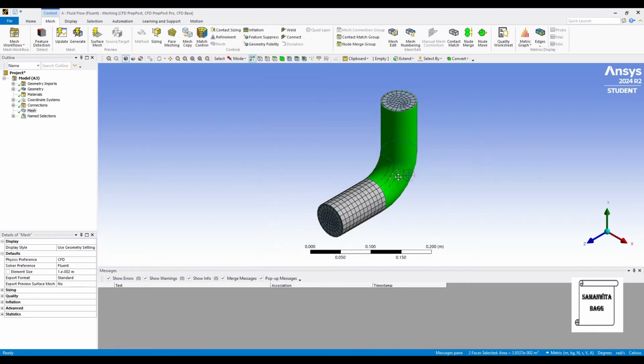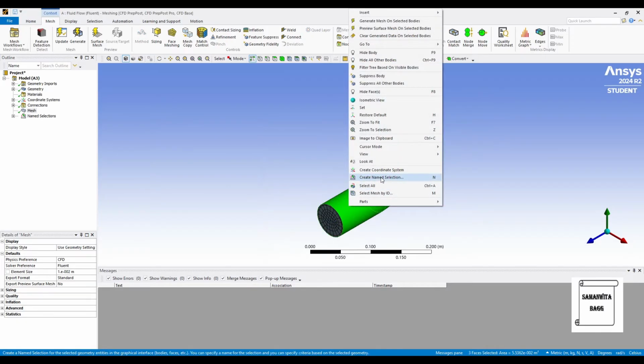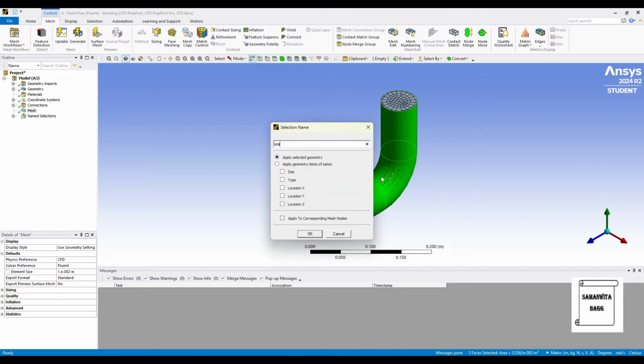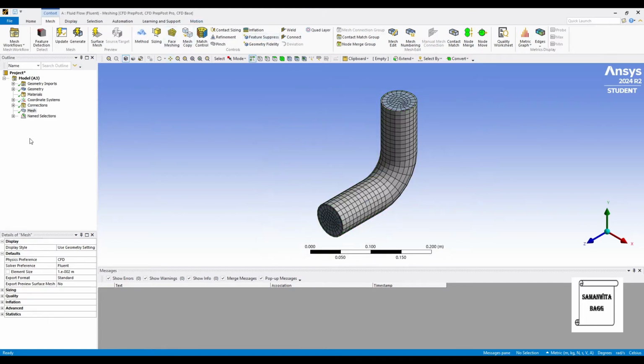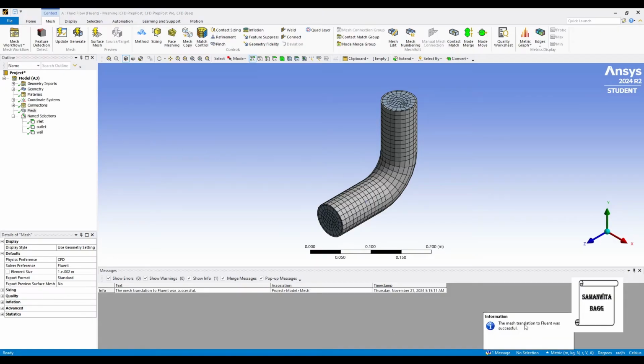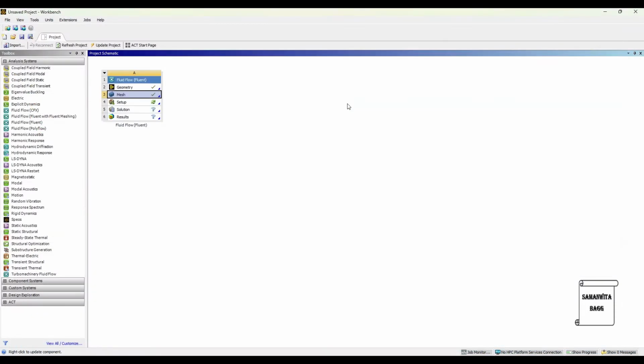And this is the wall. So these are the three named selections that I have created here in mesh. I'll go to mesh and right click update once again, such that I'm sure that the mesh has been created. Now I close this window.